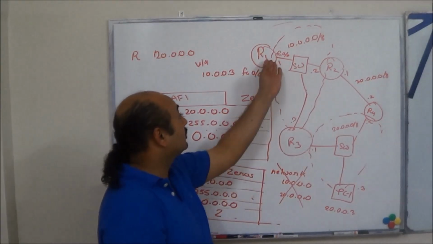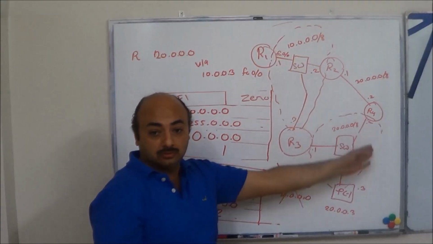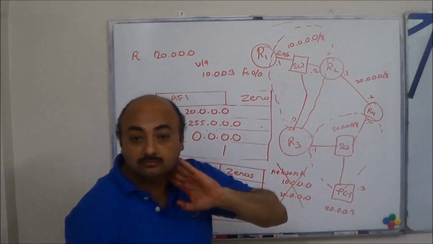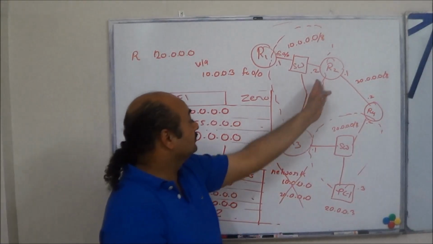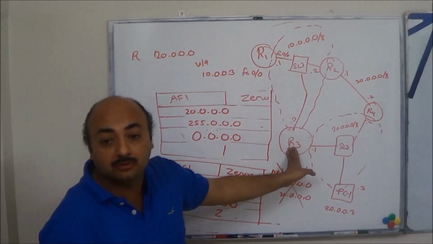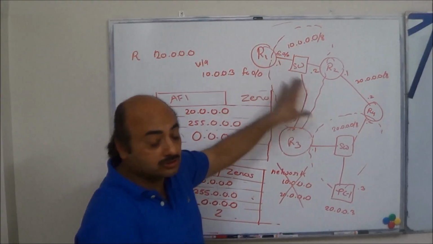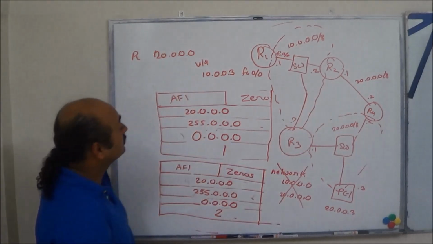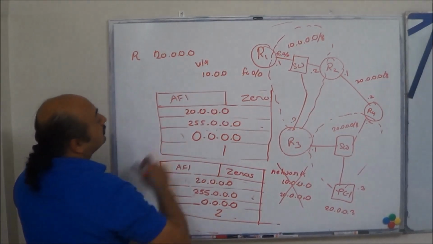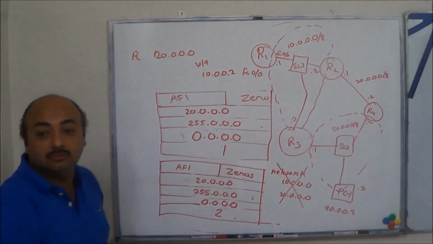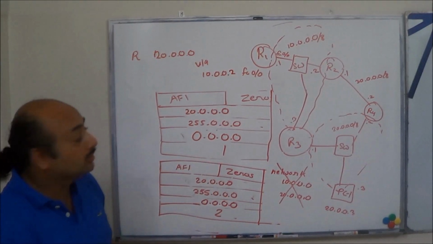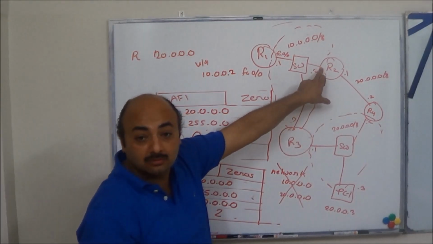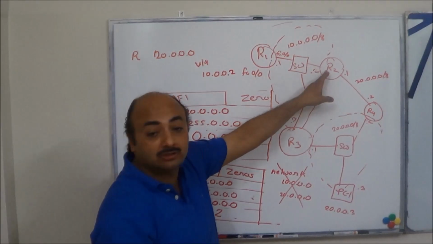So the best thing for R1 is what? Hop count of 2. And in that case, what would be the next hop? Via this. Now that R3 is not running RIP, where is R1 getting the information about 20 network? Via R2. So the next hop is what? Via R2. Yes or no? Yes, sir. So it will send the packet towards it. That means it will do an ARP for this MAC address. R2 will receive the packet.